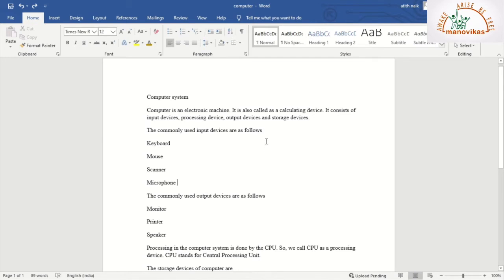To begin with, in the word processing window, we have different tabs, and under each tab we have different groups. Every group is listed with different commands and options. For example, under Home tab we have Font group and Paragraph group. We also have Styles, Editing, Clipboards. Similarly, we have groups under Insert tab, Design tab, Layout tab and so on. Today we are going to learn about the Font group and the Paragraph group, which are under the Home tab.